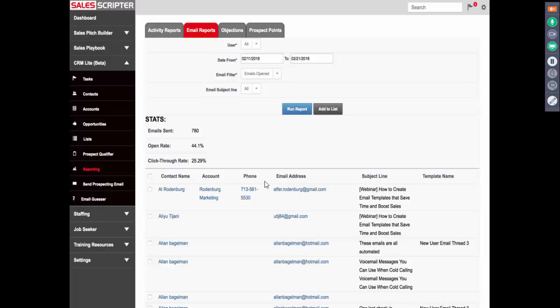Now, one other thing about whether you use SalesScripter or another email automation tool is that typically when you use something like that, you can run a report or get data on who's opening and clicking your email. And we certainly do that in SalesScripter as well. One thing that we do is we associate what we call quality points with when emails are opened or links are clicked. And so if you send out an email blast to 500 people,